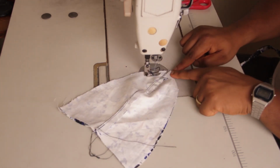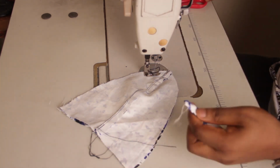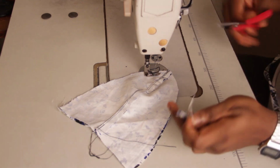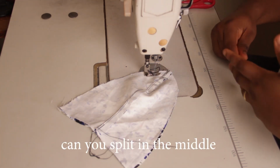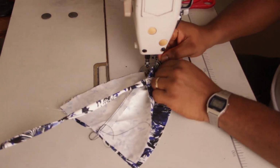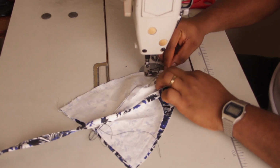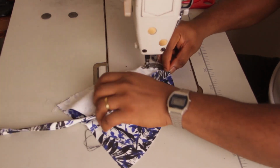So now you can see from the joining I have here that we are close to the middle. When you're getting very close to the middle, what you want to do is split in the middle. We're going to take this part here and we're going to put it in the middle. So we're going to put it here in the center,